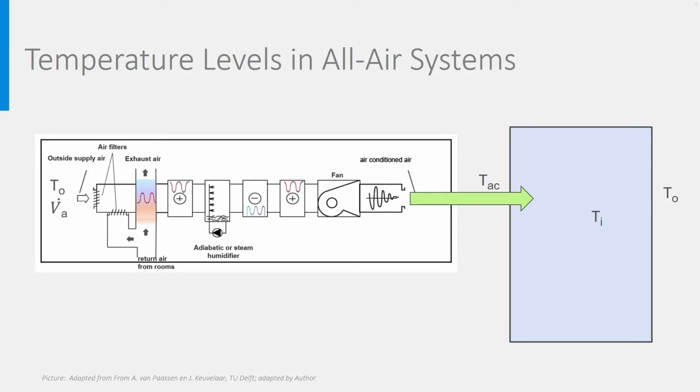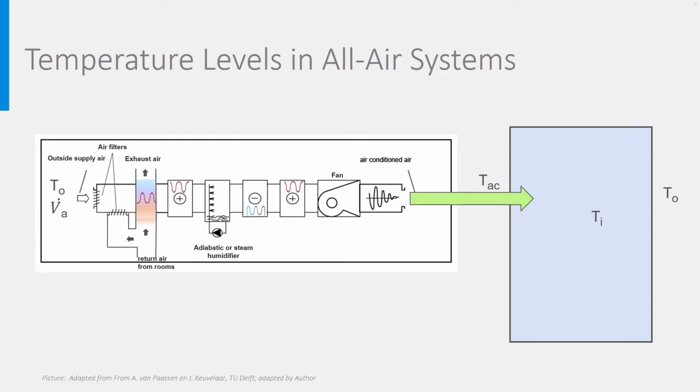In an all-air system, the complete heating demand and the complete cooling demand of the rooms must be delivered by the air handling unit. You learned how to calculate the heating and cooling demand in another course by making the balance of all transmission and infiltration heat flows and the solar gains and internal heat gains. In this balance, we assume that the indoor air is at temperature Ti.